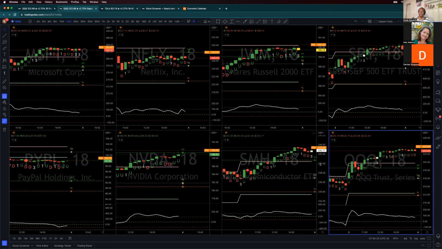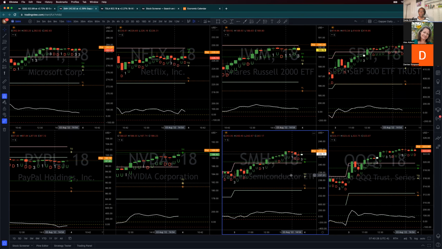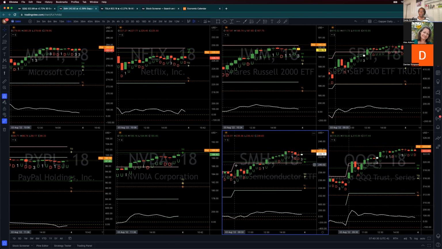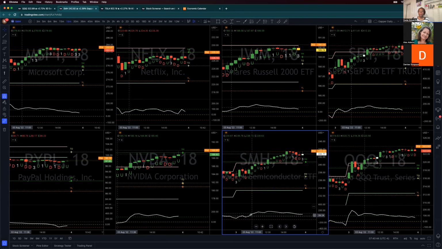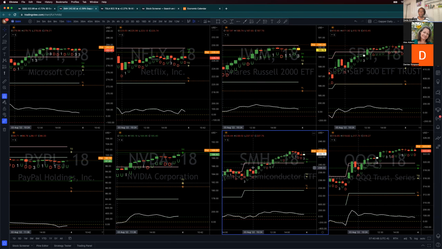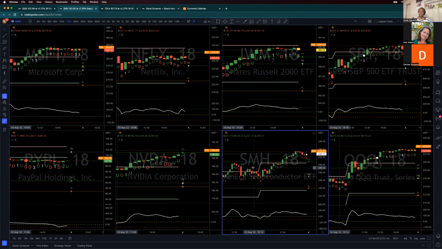SMH, what are your actionable signals? This was a two outside bar. Don't know what's happening here. It's still trading inside day. So I'm not keen on trading this. It went two down, two up. In the buy zone now, in the buy zone, two up. Maybe an opportunity there, but again, we're not using our